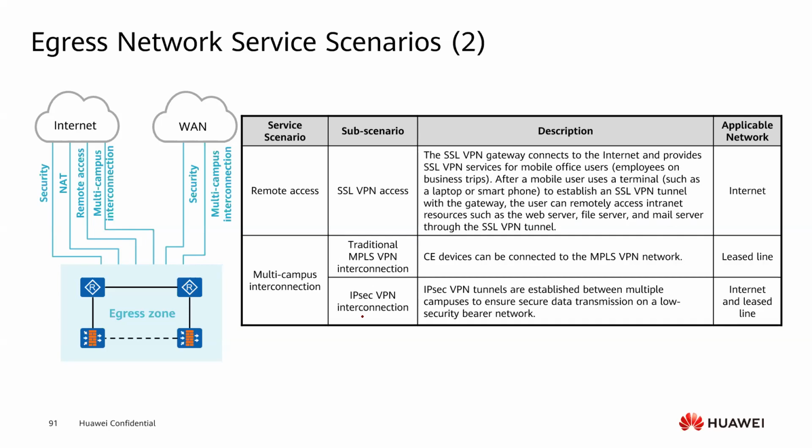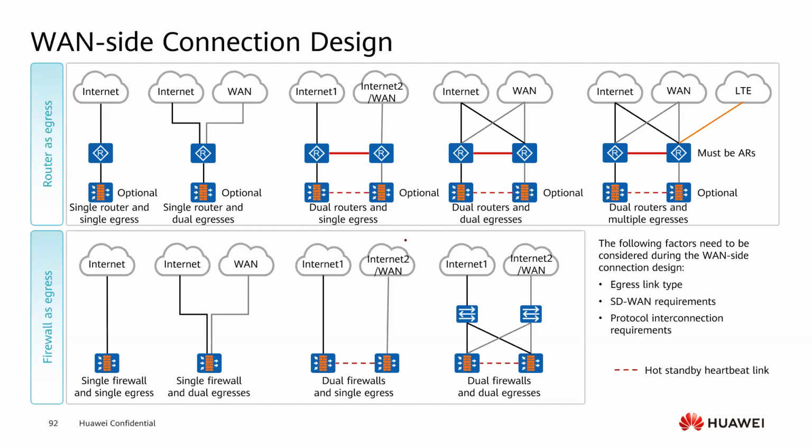Also, it needs to support remote access such as SSL VPN, and multiple branch interconnection such as traditional MPLS VPN, IPsec VPN, or SD-WAN interconnection. And for the WAN-side connection, you can use AR routers or NE routers. As usual, we use the AR routers to connect to the internet. Also, you can use firewalls. So, to choose which devices connect to the WAN,